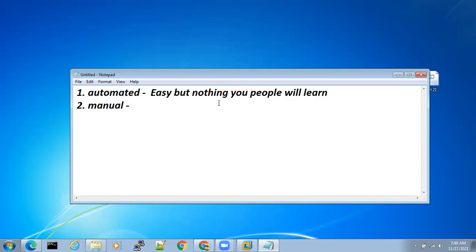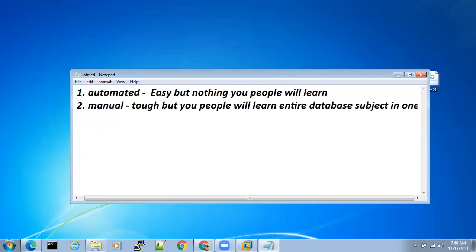The manual method is a hard method, a tough method. But you will learn the entire database subject in one session.